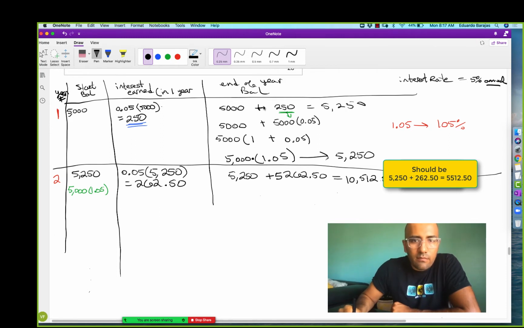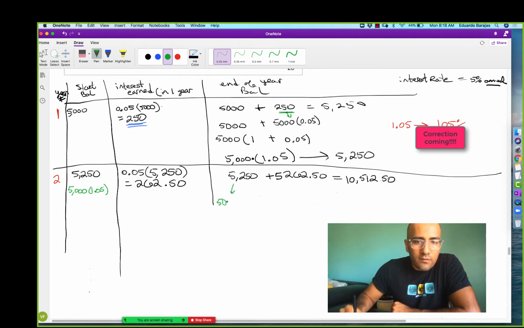But again, we're going to try and see a pattern. And to do that, I'm going to make some replacements. We said from before that another way of saying 5,250 is to say that it's this little multiplication, right? This multiplication is that initial balance, right? We got that from the line right above. So I'm going to replace this 5,250 with 5,000 times 1.05, okay, plus,